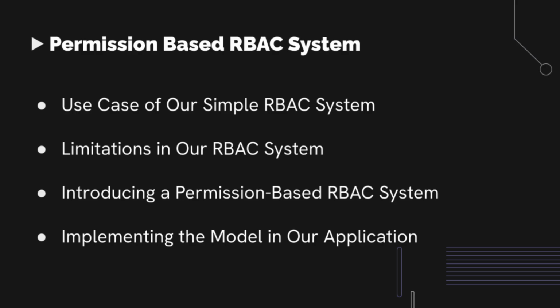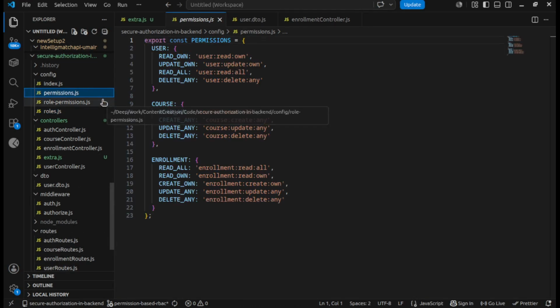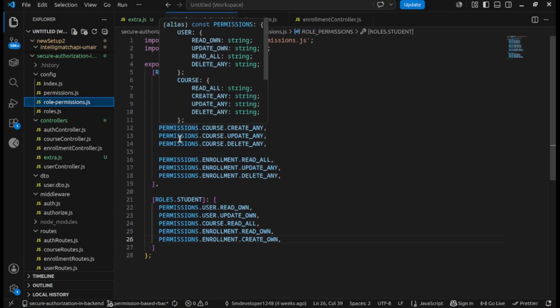In this video, we will first review the use case of our current simple RBAC system in the application. Next, we will discuss some of the limitations of this approach. As the application grows and access requirements become more complex, managing permissions through roles alone can become more difficult and less scalable. To solve these challenges, we will introduce a permission-based RBAC system. We will see how permissions can provide more granular control over application actions while keeping authorization easier to manage. Finally, we will implement this system in our application by defining permissions, mapping them to roles, and enforcing them on